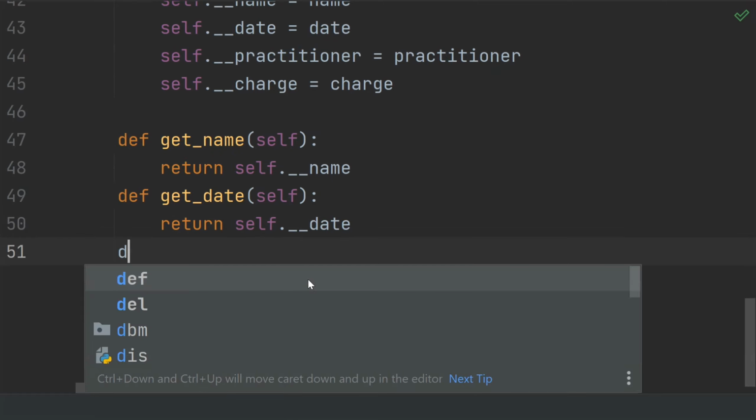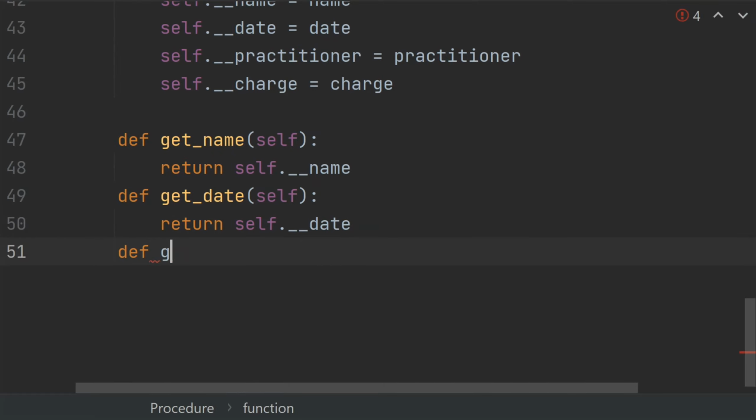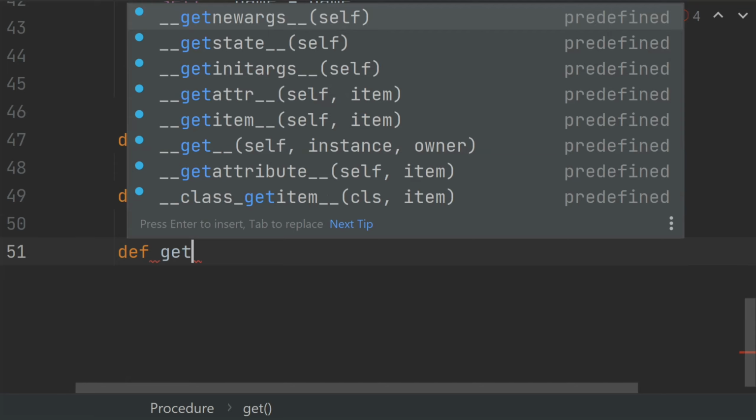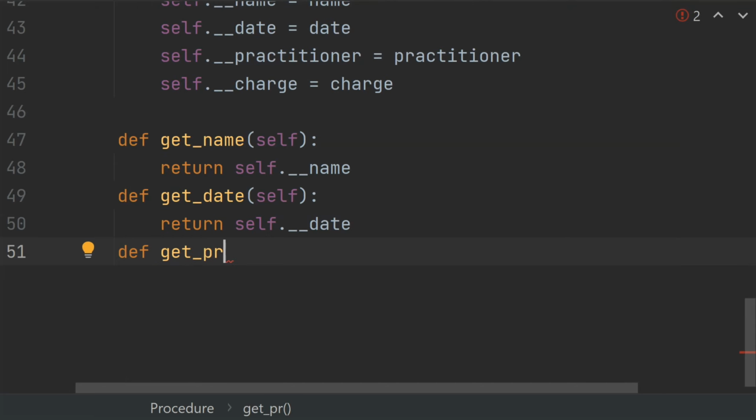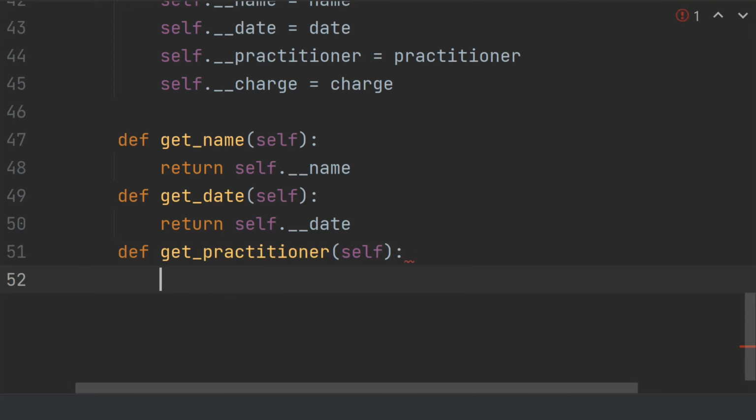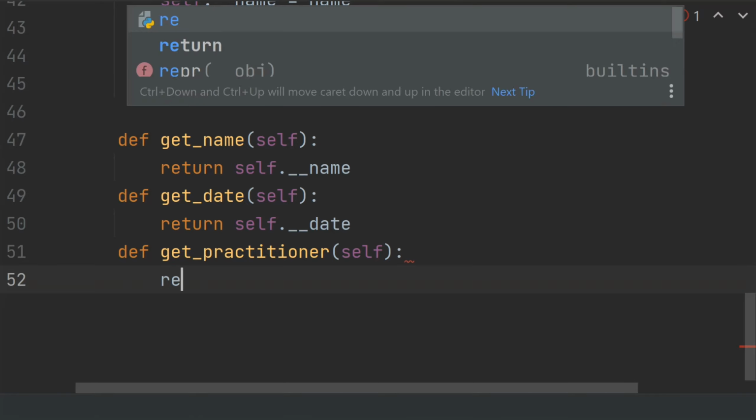Similarly, define another getter method, get practitioner. Practitioner means the name of the person who performed the procedure on the patient. This will return the